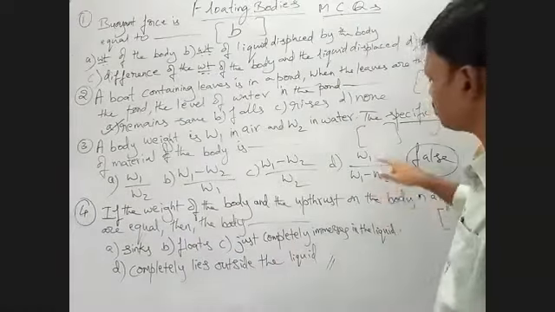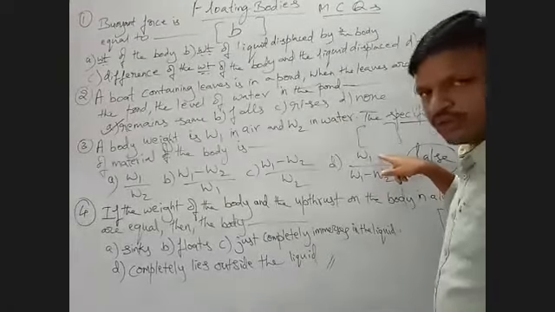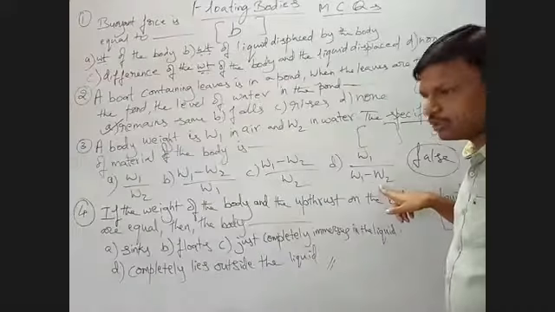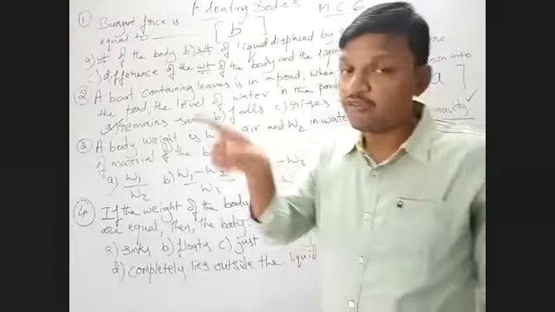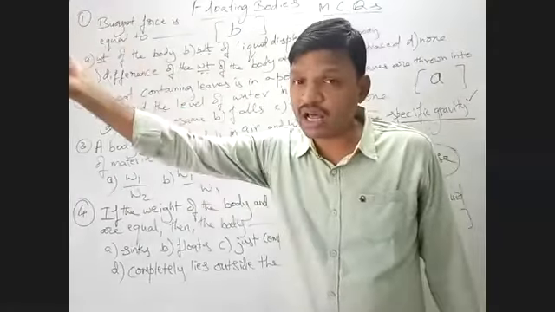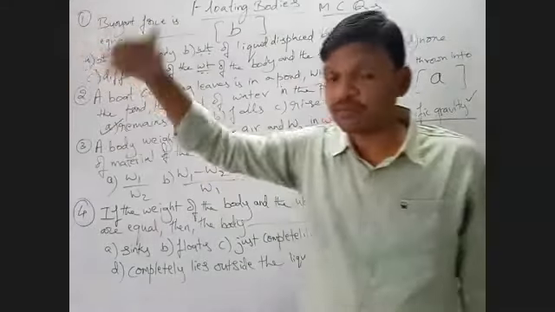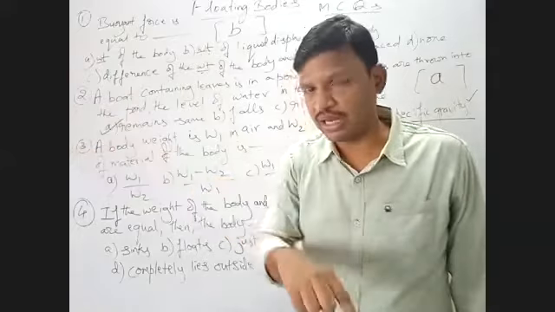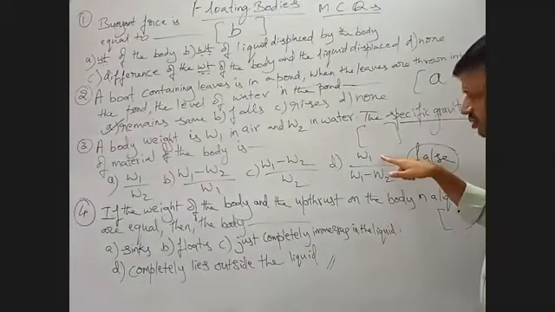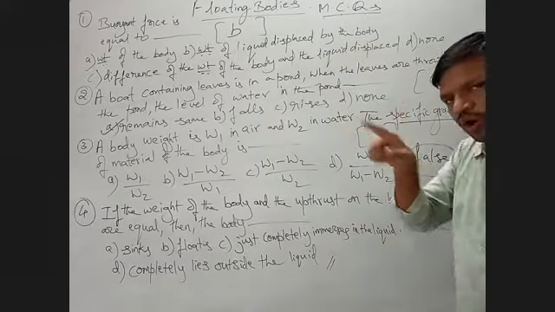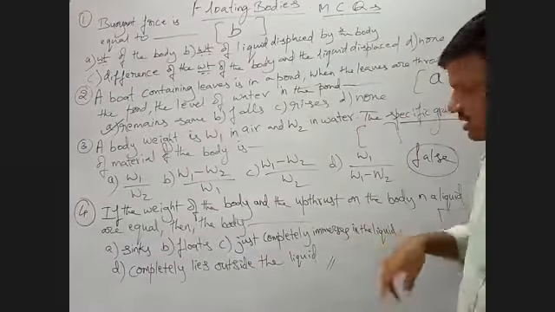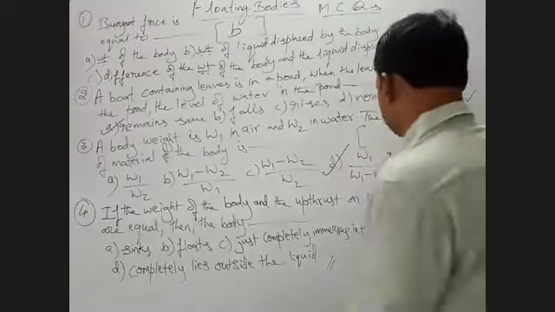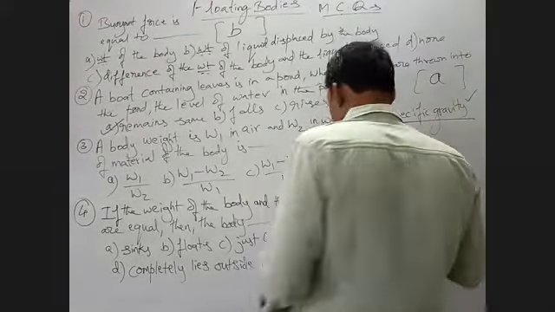Among the signs, what do you have? This is the weight of the body in the air. Then this is W1 minus W2. We give you the weight of the volume of the body, the volume of the water displaced. Yes or no? Right. So here, weight of the body by weight of the volume of the water or liquid displaced. Okay, so you need not see all the choices. Directly come here. So this is option D.